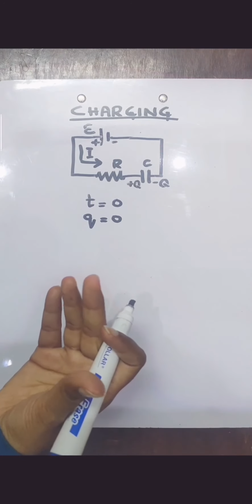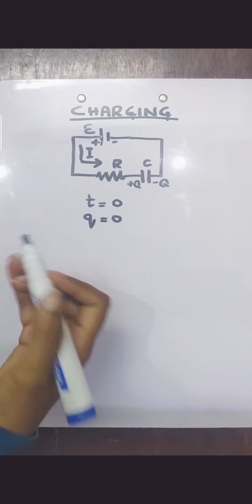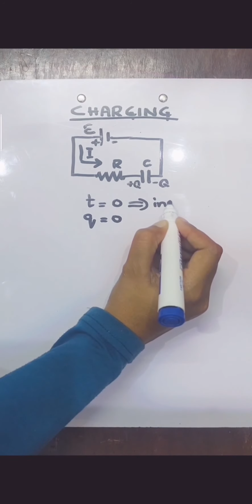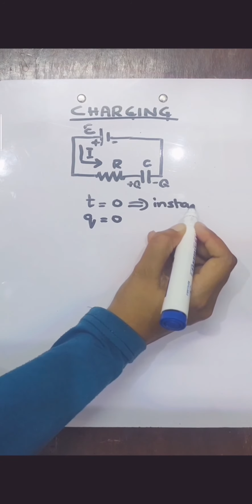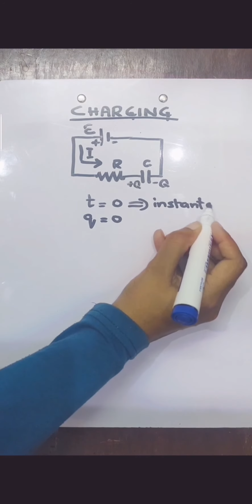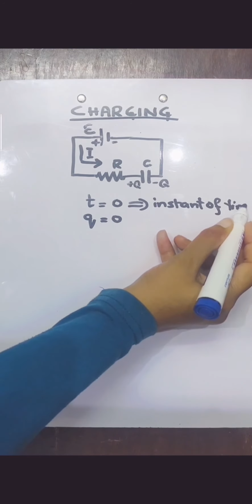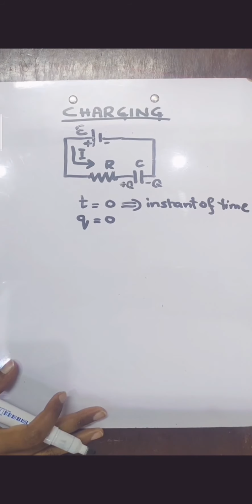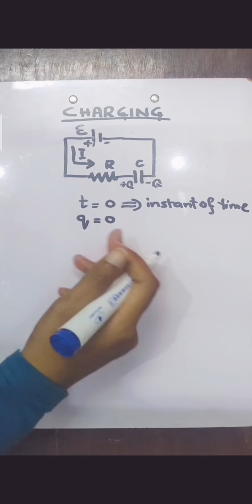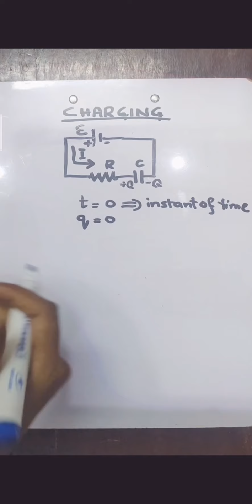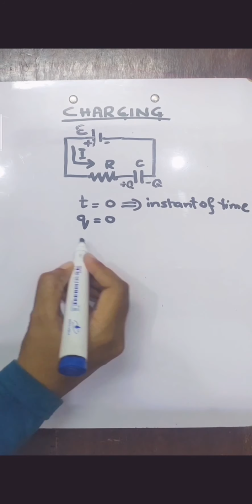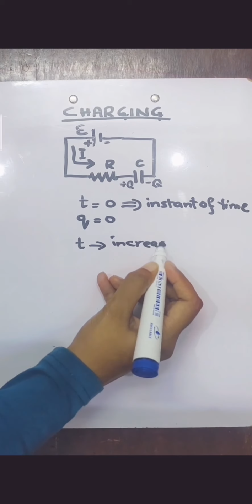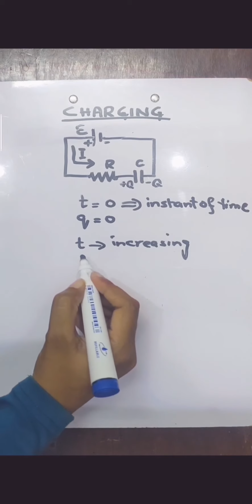Now if T equals 0, like initially, then no charge has been deposited on the capacitor, so Q equals 0. And what is this T here? This T is any instant of time that we are taking. T can have any value, like T equals 1T, or T equals 2T, and so on. So when T equals 0, Q is also equal to 0. If T is continuously increasing, obviously Q must be increasing.